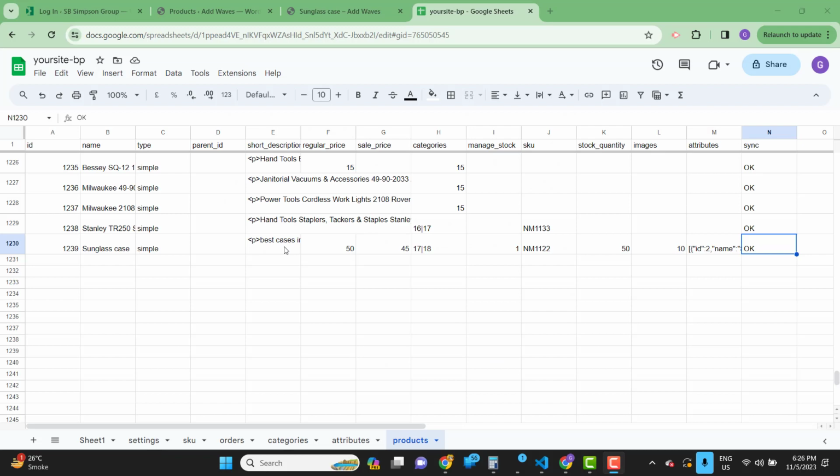Now let's see how we can create the variable products or the variations using the attributes, and it's amazingly simple. Let's convert this sunglass product into variable by setting its type as variable. And under this product, I am going to create 3 products: blue case, black case, and pink case. First of all, type will be variation, and let me copy this, and parent will be 1239